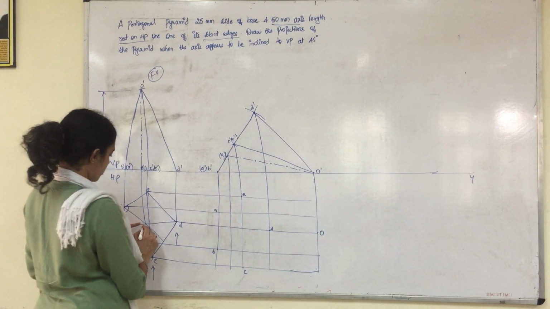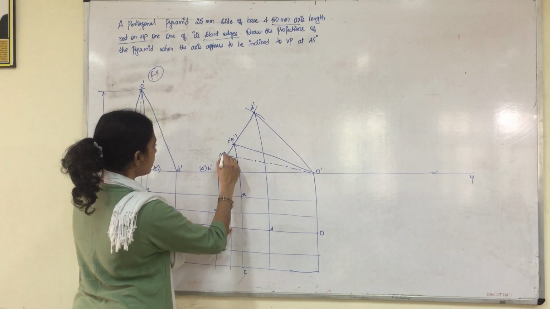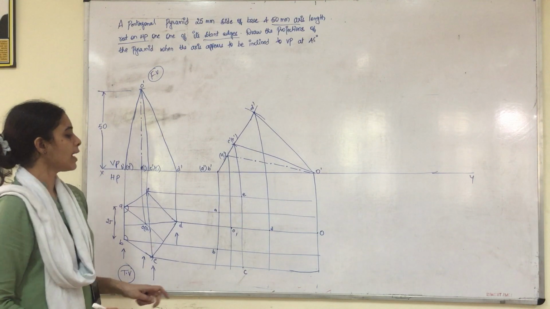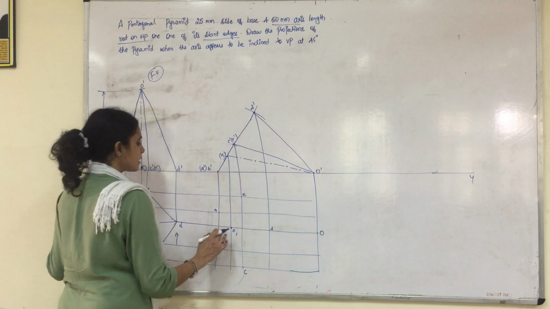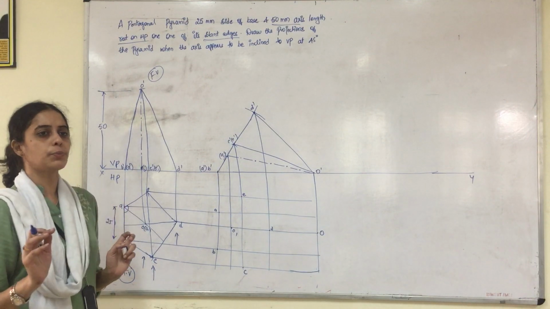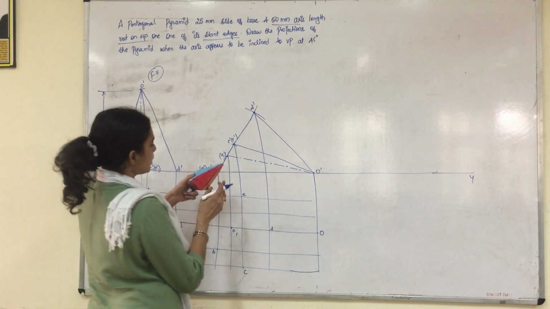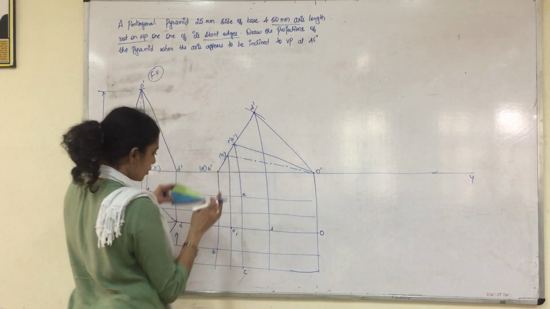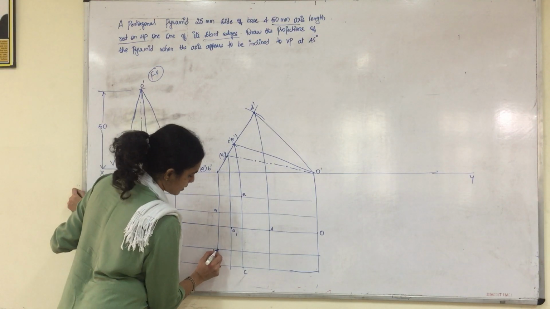And this is the locus of O1, and O1 dash is meeting it here, so this is our O1. So now we have named all the corners of the pentagonal surface, the center of the base surface as well as the apex. And I told you, irrespective of the position of the given pyramid, the outer boundary will be visible. So this is one of the slant edges. In this case, the slant edge is inclined on the XY plane. So you can join the outer boundaries, it will be visible always.